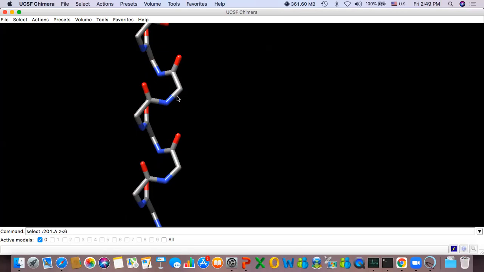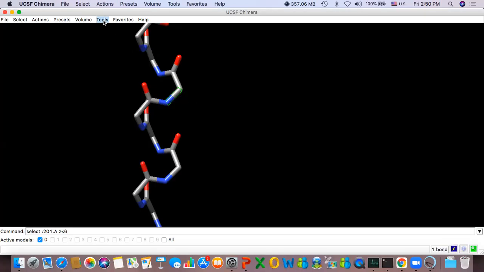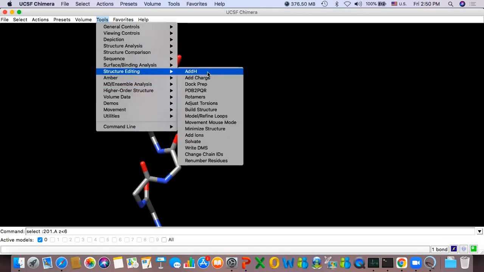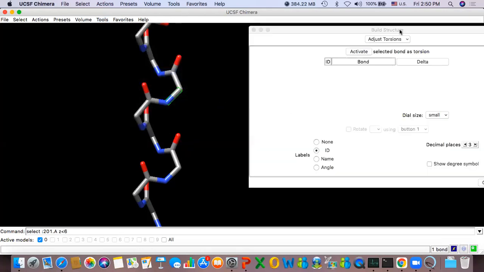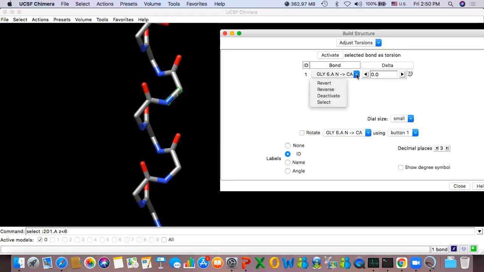In order to select an atom, you need to point your arrow to that particular atom and then select it, right? For the bond, you need to do the same thing, but for the bond region. So you click and the bond gets selected. Under Structure Editing, somewhere in between, there is Adjust Torsion, and you need to click Activate. If you click Activate, you can see it's going from N to C alpha, and then automatically